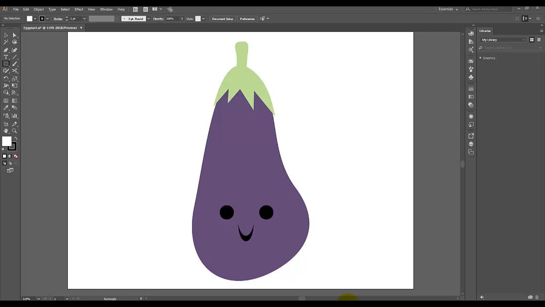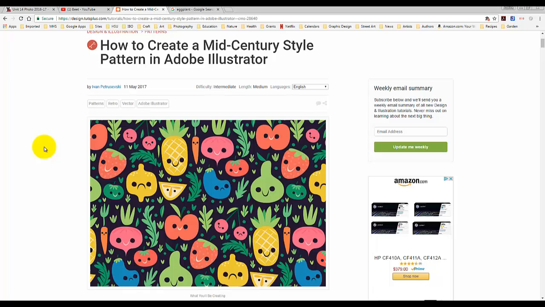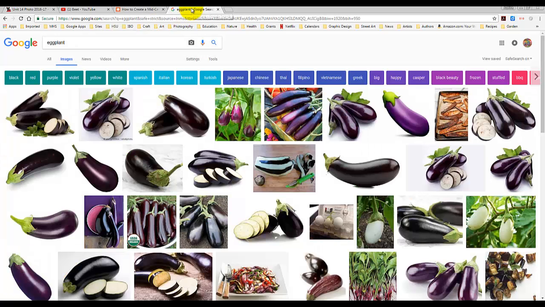In this video, I'm going to show you how to use Adobe Illustrator to create this cute eggplant drawing. All of the videos in this series are based on the artwork of Yvonne Petrusevsky, which I found on Tuts Plus. This is Yvonne's eggplant, and I don't particularly like it, so I looked up eggplants on the internet to